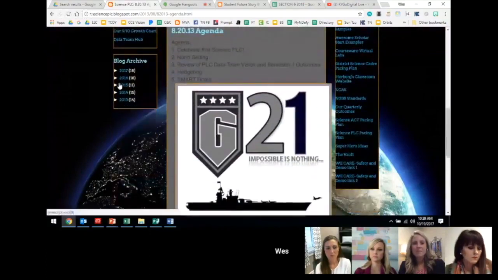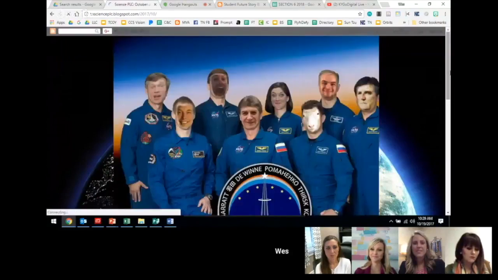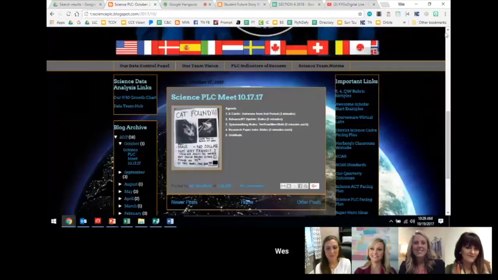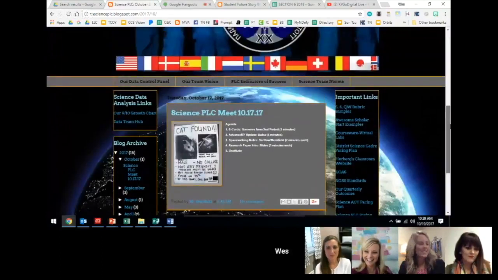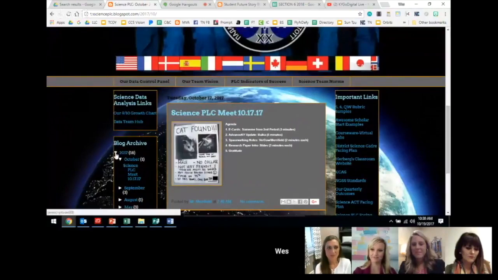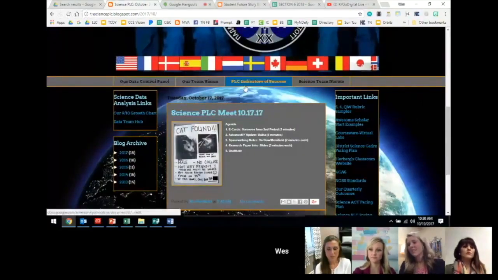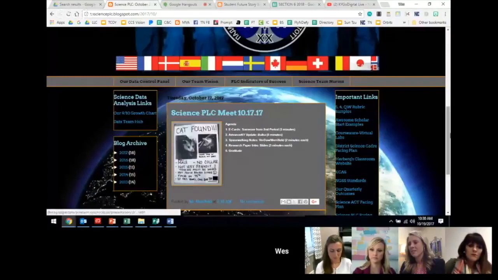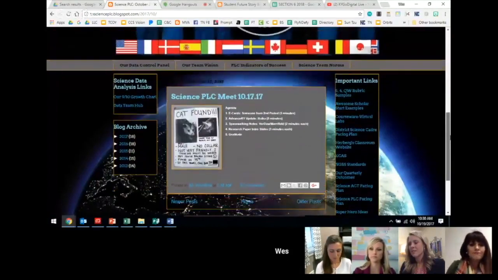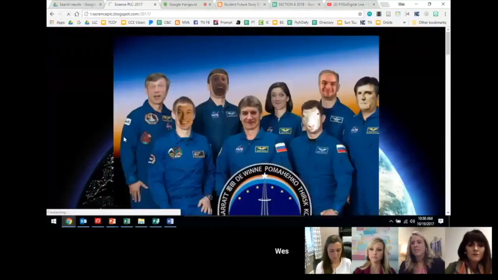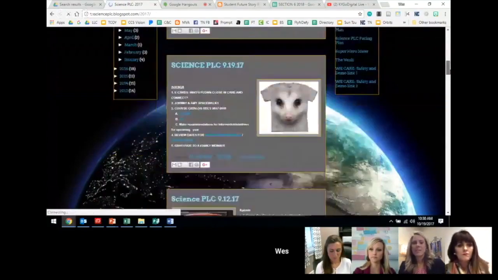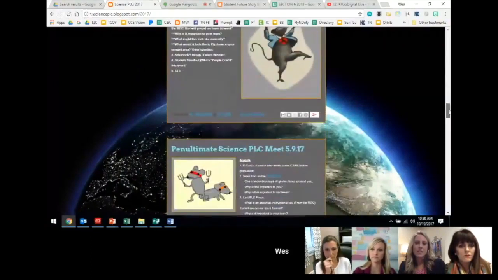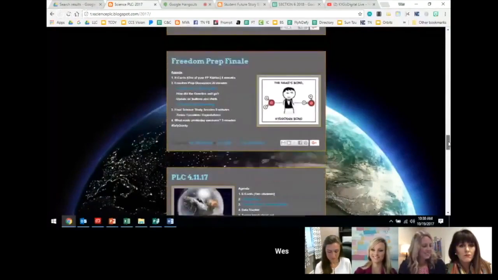Now they've taken on the possum theme, and it looks far different. It looks much like this. It looks like they post pictures. That's just their art that they're creating. What it does as well is, if you're a new team member to the science team, you can see their key organizing pieces, and you can go back in time and see what they've been working on. It allows for that PLC leadership to flow and organize itself much more seamlessly. So if we just want to look at all the posts from 2017, we click on 2017, and you can see all their posts from the past year. And notice the possum and the rodents continue to emerge as a part of their story.